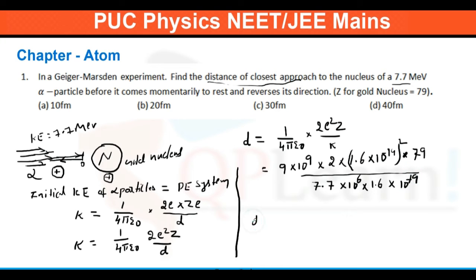You simplify all about the equation. So here 9 into 18, 9 to the 18 into 79 is there, into 16 square. 16 square means it is 2.56 into 10 to the power of 19 to the minus 38, whole divided by, so this 7.7